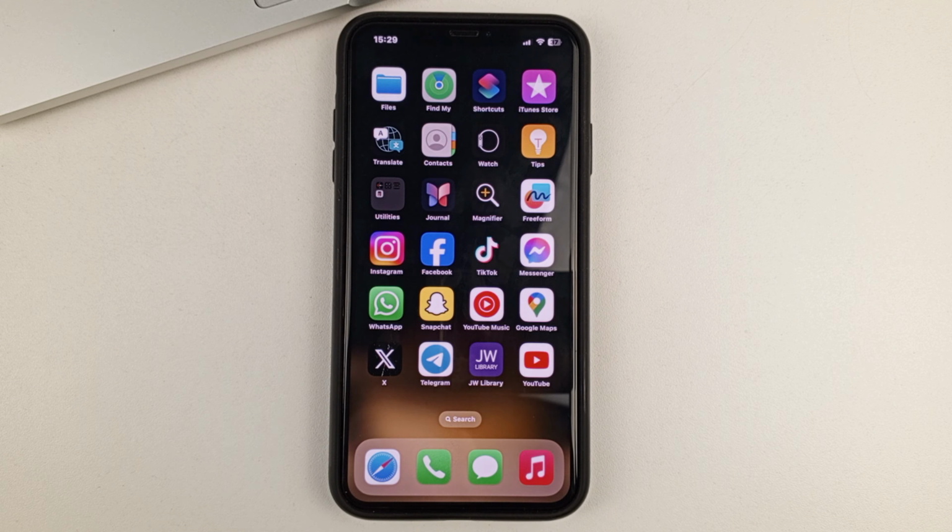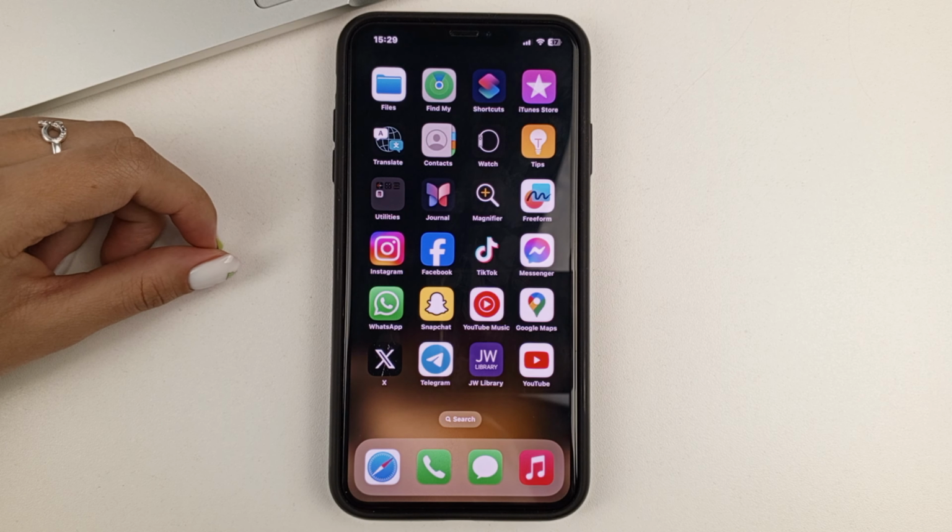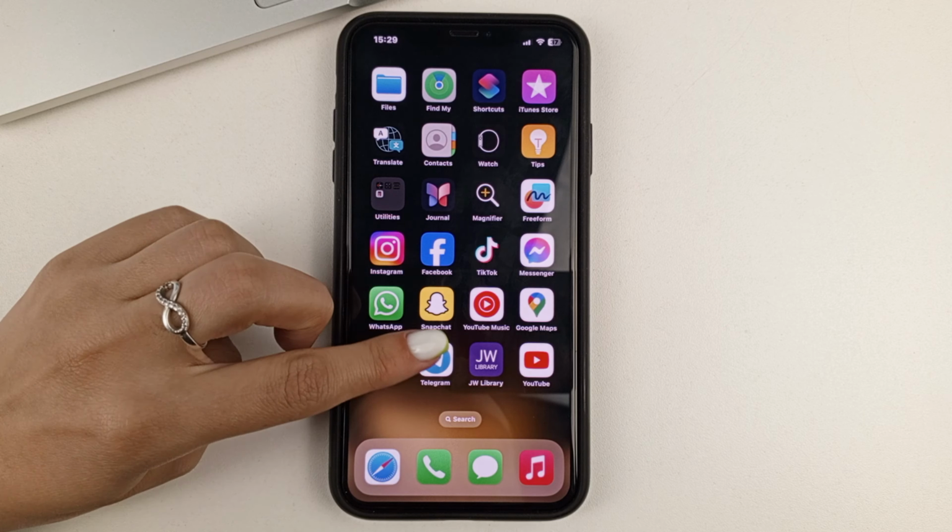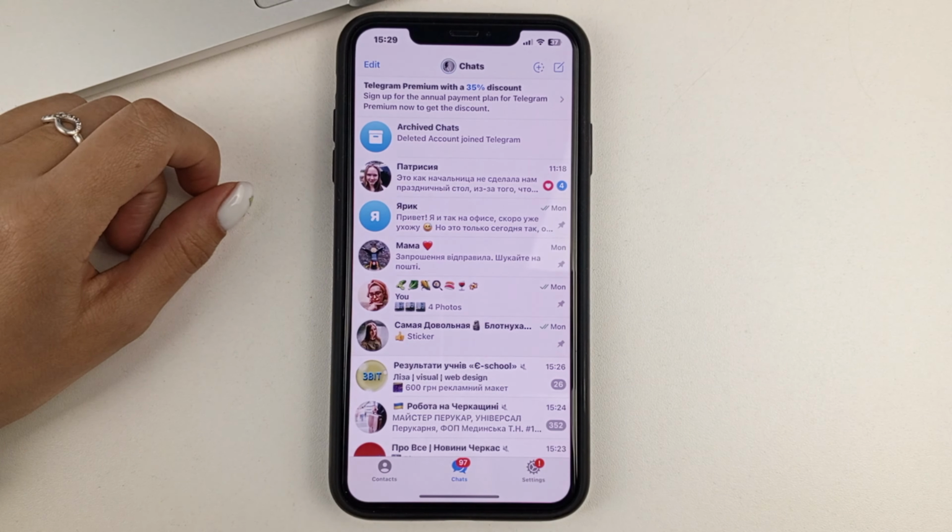And let's get started. So, if you want to disable calls, it might help you, for example, to stay focused on some of your daily tasks. If you don't want someone to call you in the Telegram app, you may also receive frequent calls from unknown contacts and people you don't know. If you have made a decision to disable Telegram calls for you, first of all, open this application.